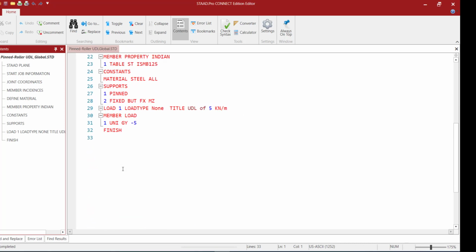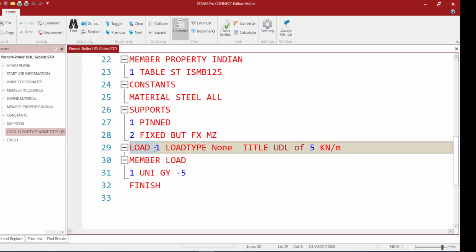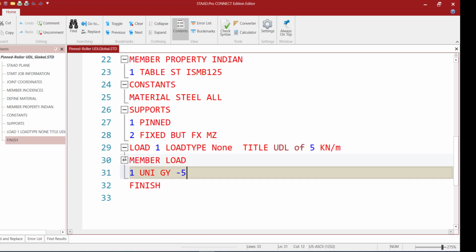So if we go down and make this bigger, we can see that load case number 1 has been defined, the title of which is UDL of 5 kilonewton per meter. We have the member load specification, and under the member load we have the specification of the load, which is 1, which is the member number. So the member number is 1, UNI, which would mean uniformly distributed load, GY, which means the global y-axis, and the load magnitude is minus 5, which means that it has been specified in the negative direction of the